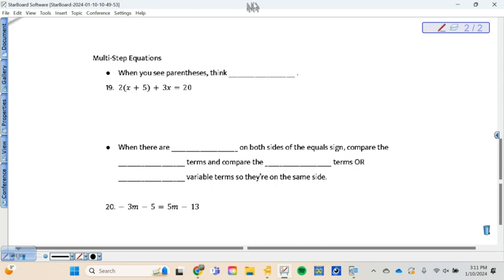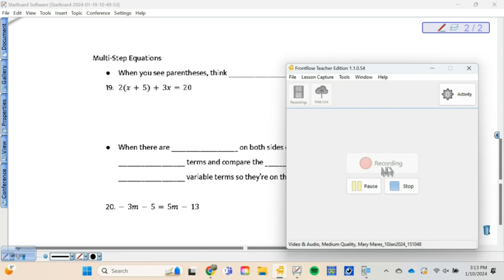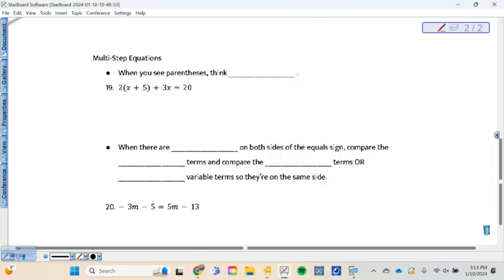Okay, so let's take a look at 19 and 20. Let's look at our multi-step equations. If we see something like number 19, where I've got these parentheses going on, I usually want to get rid of the parentheses in order to simplify the equation. So what we're going to do is follow this little mnemonic device,